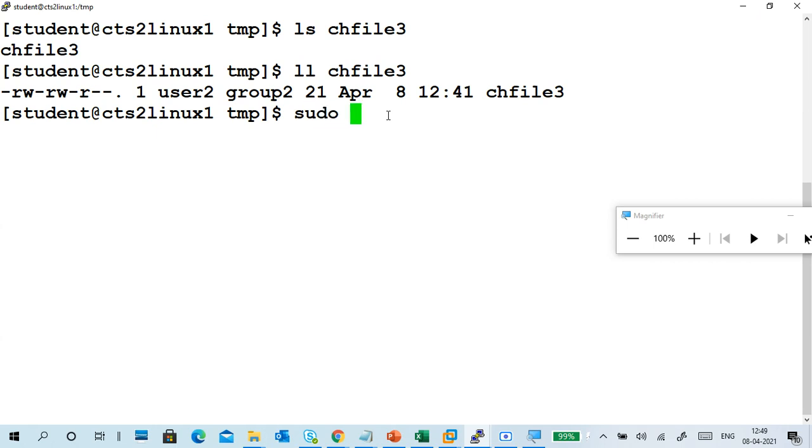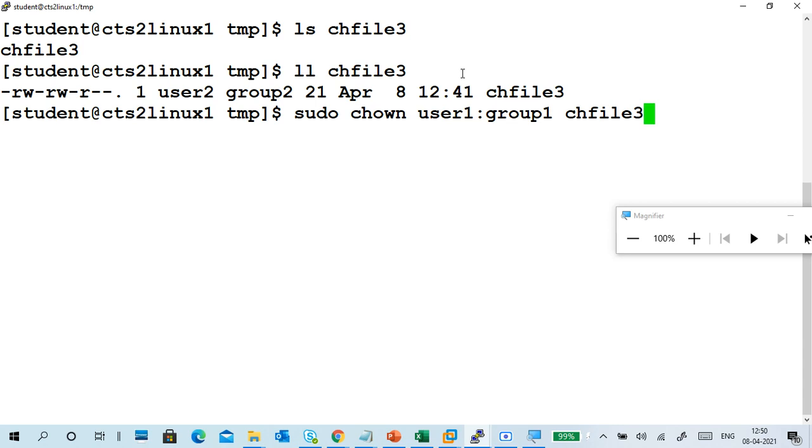sudo chown, hyphen capital R is also not required for one file only. So user1 colon group1 chfile 3.